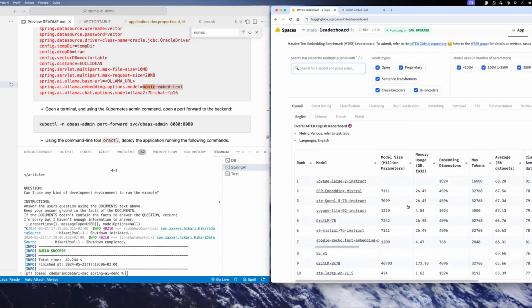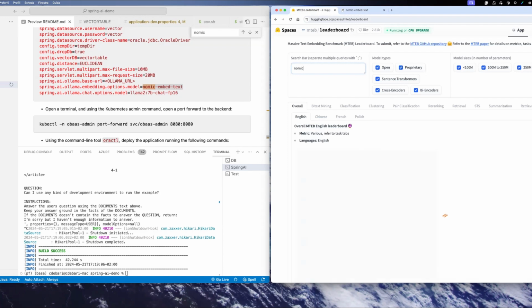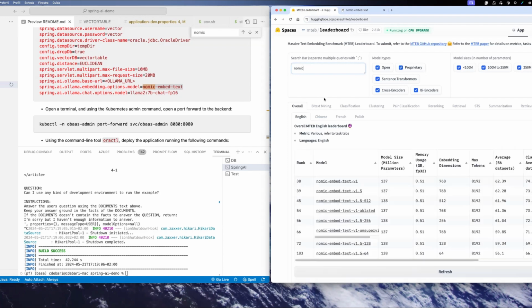As you can see, there are quite huge models for embedding, 26 gigabytes with 7 billion parameters. But if you want to see how Nomic performs, it's quite easy. You look for Nomic, and you find that Nomic has quite a good ranking because it's 38th with only